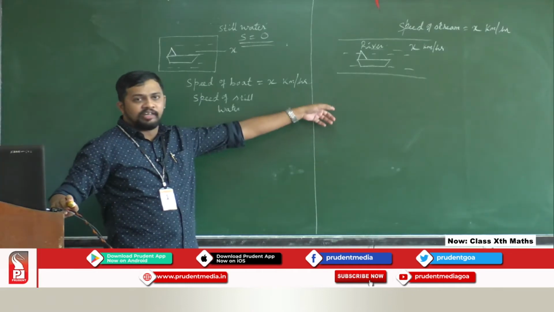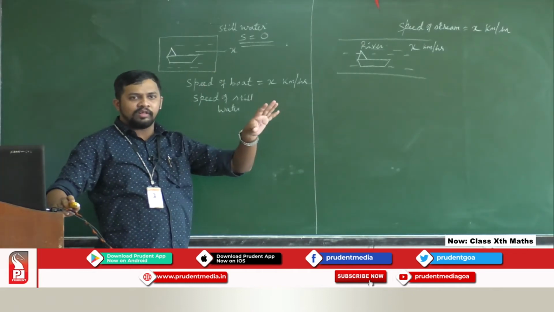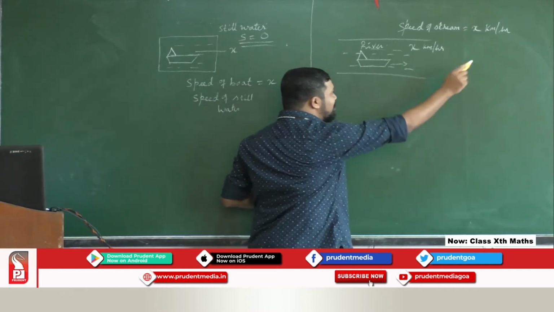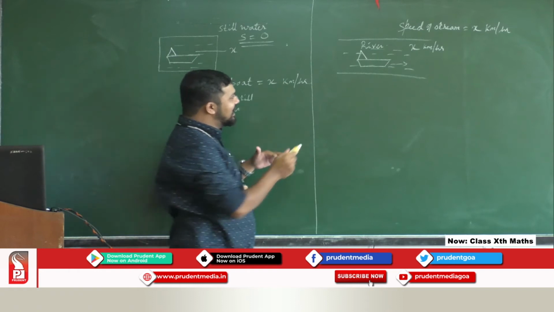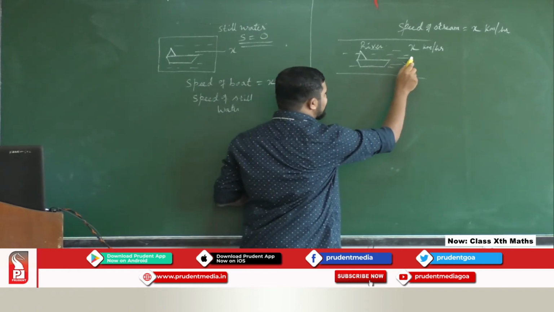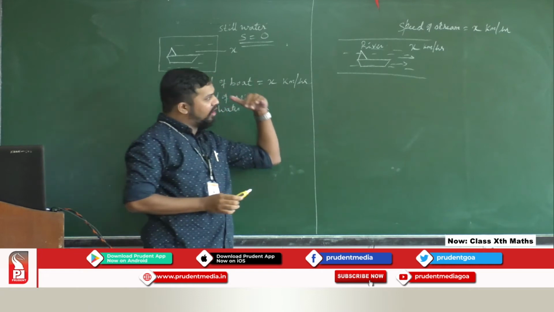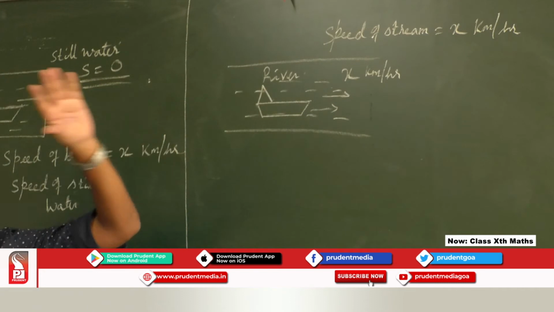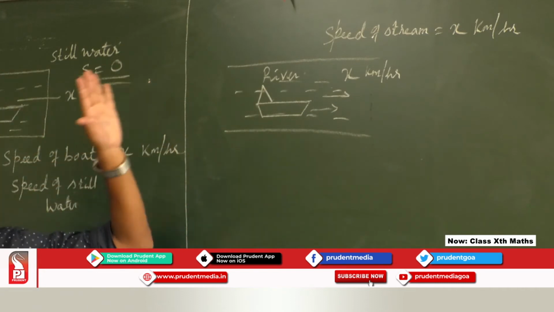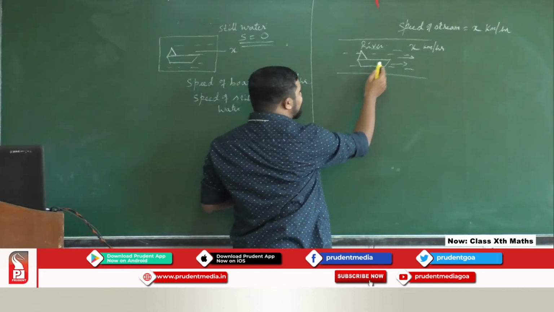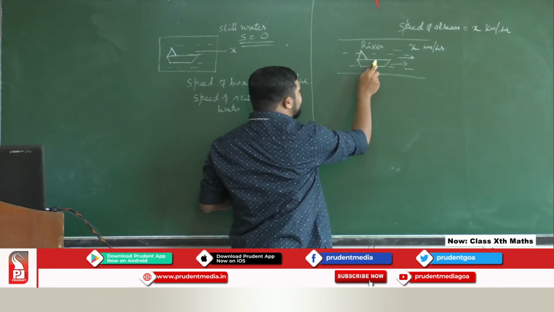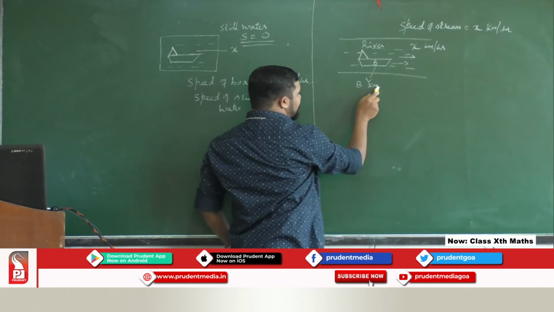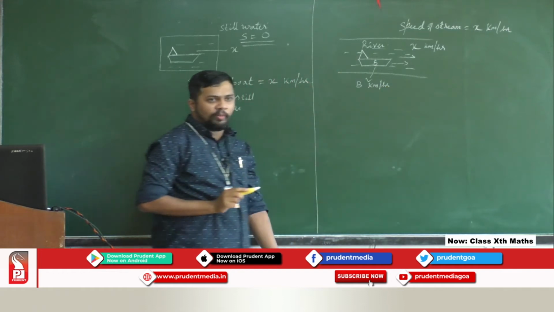Now you might have tried this during rainy season. You just put a boat, automatically the boat also moves. When the water is moving, the boat is also moving. So let's say the river is flowing in this direction, you know the river always flows from the higher level to lower level, and the boat is also moving in the same direction. You have not started the boat, it automatically moves. That means it has some speed, and let's say that boat speed I will take as letter B only. I will take that as the speed of the boat, let's say B kilometer per hour.